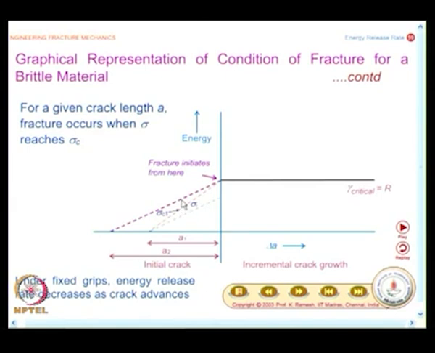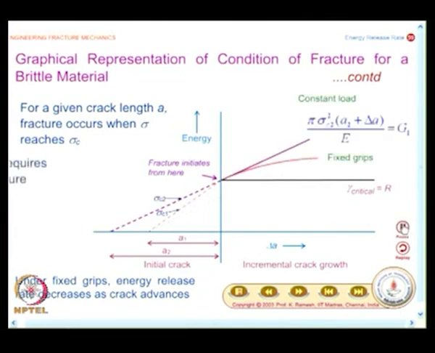For the same stress level, it becomes a critical stress for a longer crack, and after the fracture initiation, the graphs would be different for constant load and constant displacement. So, that is what you see here, and what is mentioned here is that the critical stress sigma C2 is less than sigma C1,